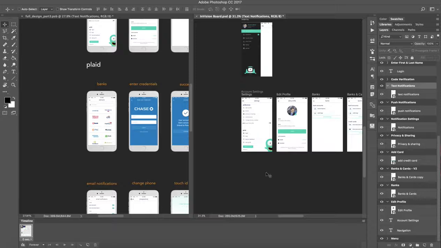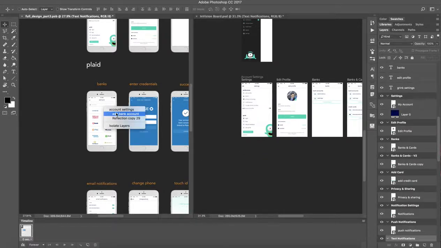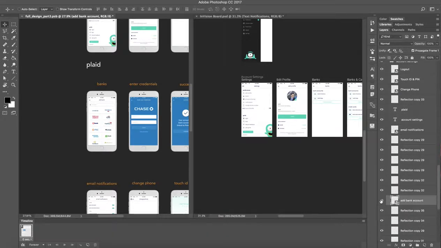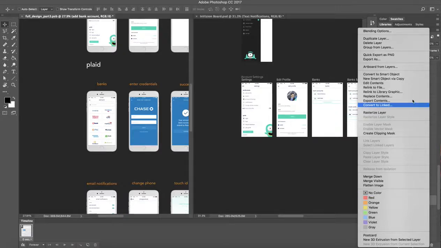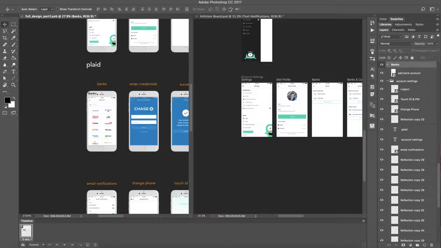and I'm going to make a new section down here. So in here, I'm going to right click on that, make sure it's the right thing. I'm going to right click on this and then go over and say artboard from layers. I'm going to name my layers, so I'm going to say banks, and from here I'm going to go in here and drag my banks over here,